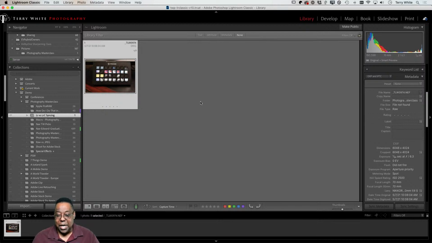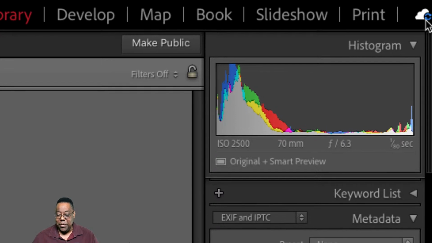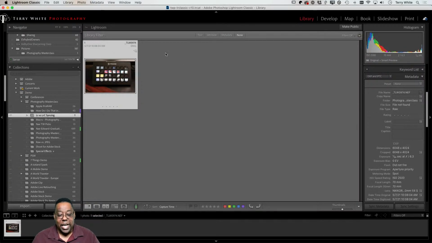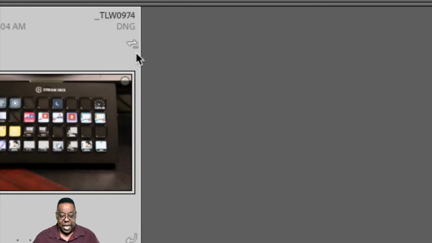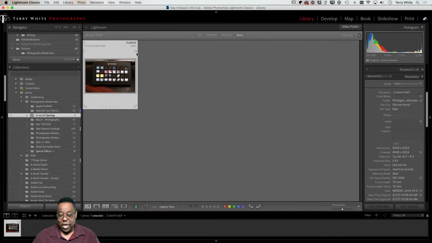And I can see, number one, that the cloud icon is now spinning, letting me know that, hey, that photo's syncing now. And there's a little sync icon now that just activated, those little three dots, on the photo itself. So I'm gonna keep talking while that's happening, but it's now taking a smart preview, not the full resolution, 2540 pixels on the longest edge, and syncing that up. Okay. What will that let me do once that's synced up? Let's talk about that. Why would you even do this in the first place?